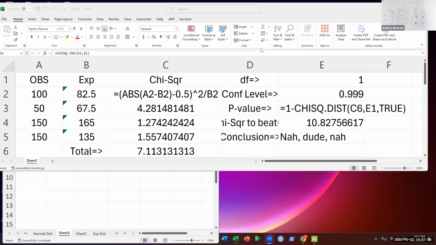I know. What is that? Yeah, I don't know. I'm guessing that is a. So